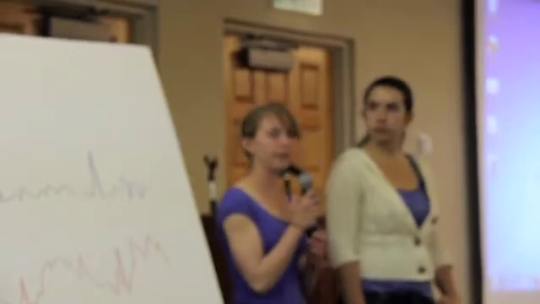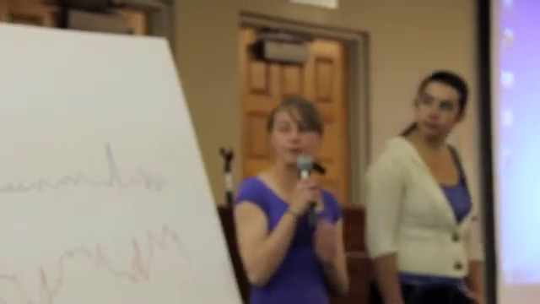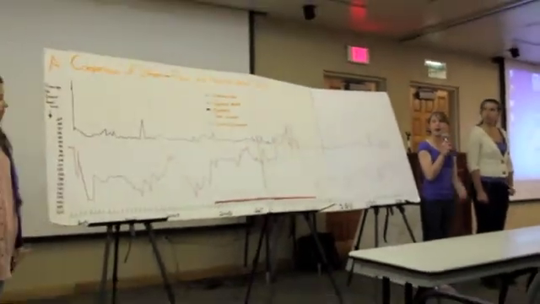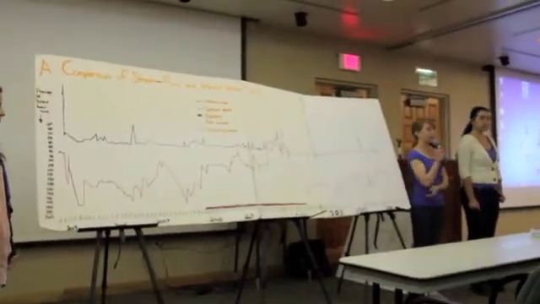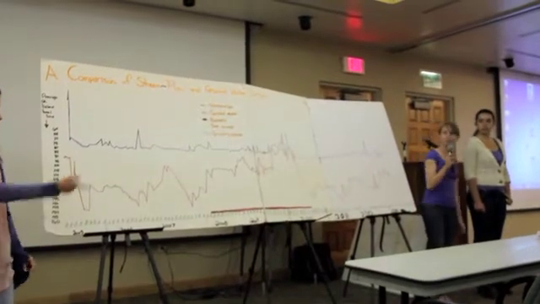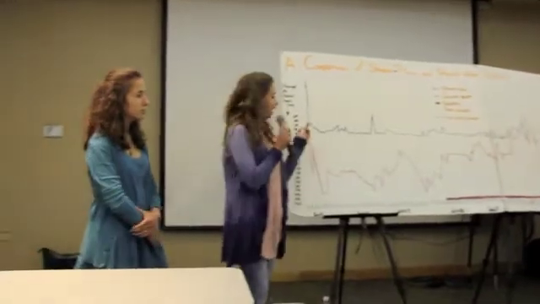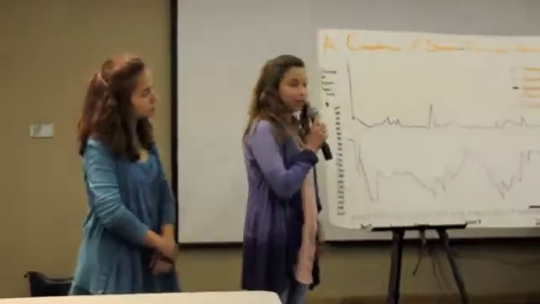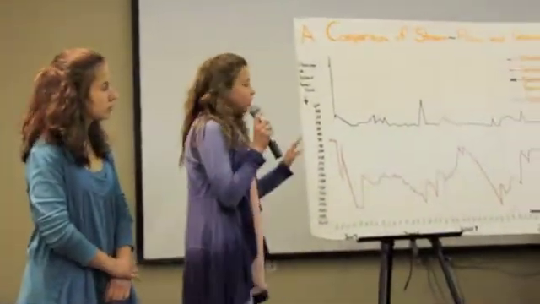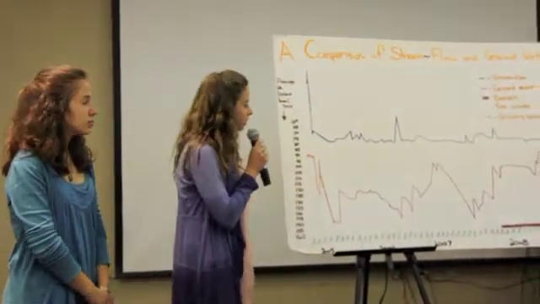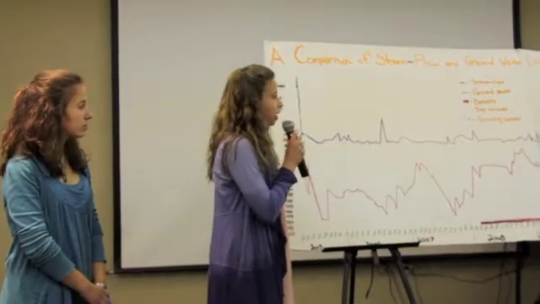precipitation levels. This graph we've been working on for the past 9 years, and it shows a comparison of the stream flow data and the groundwater data we've been collecting. So our stream flow is the blue line, and our groundwater is the red line. We measured our groundwater in average centimeters below the level line, and we measured our stream flow in cubic feet